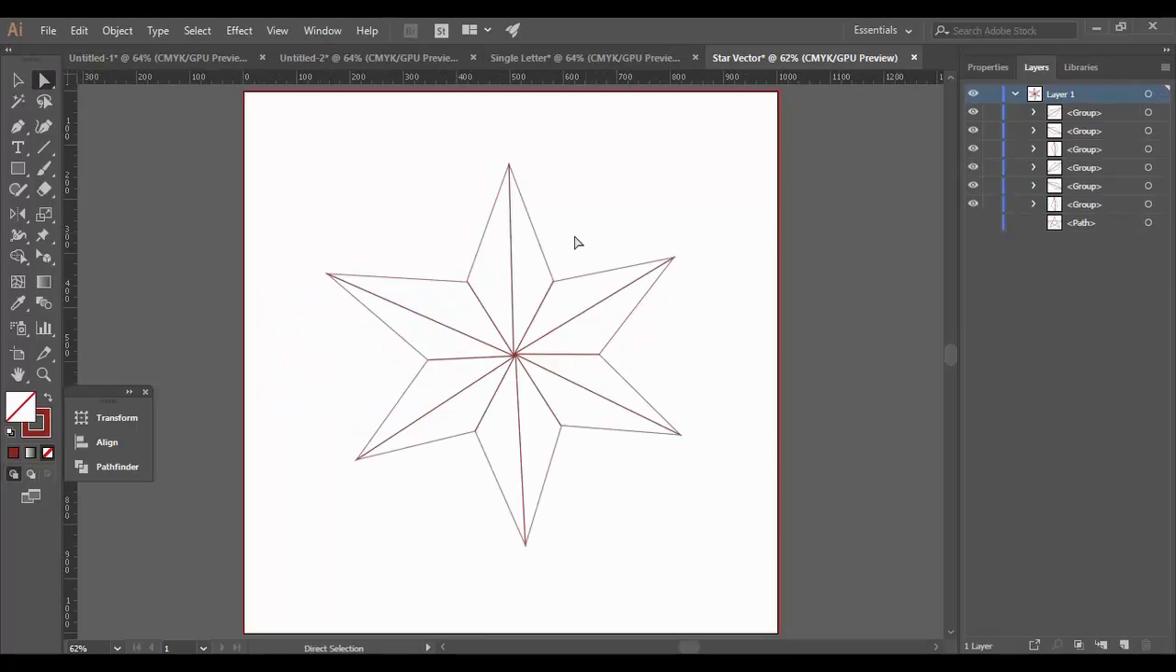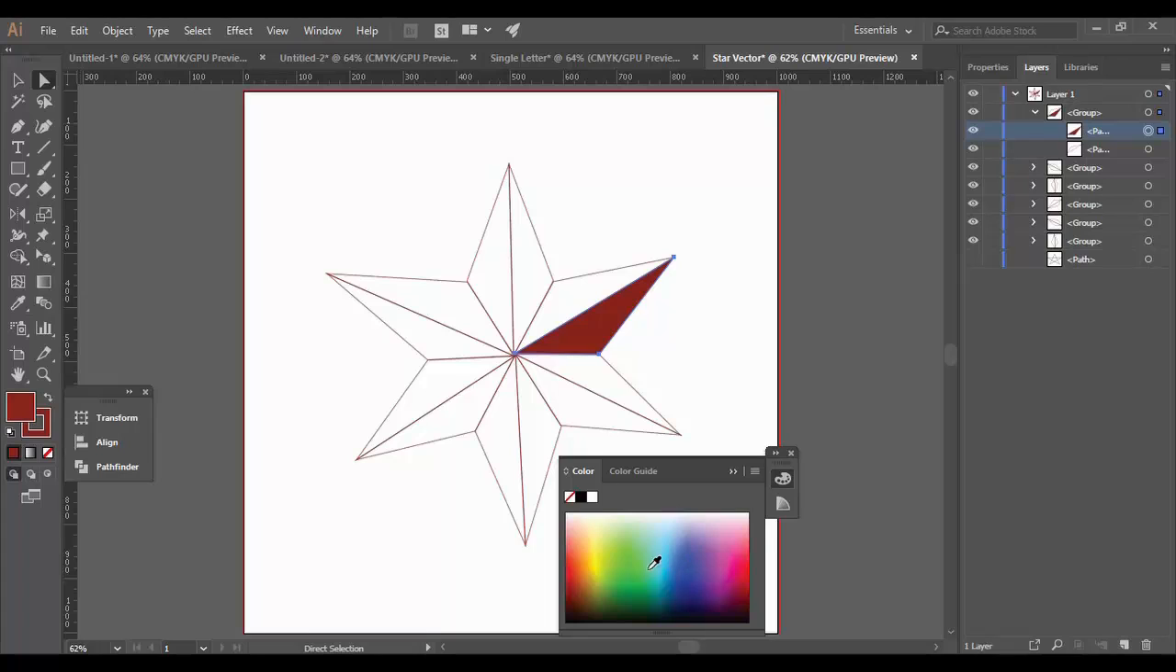Okay, so now this is the vector that we have got, and it is a matrix. So what we're going to do now is just select one of these shapes like here, just this shape is what we need to select and not its whole group. So just select this shape, and instead of this blank fill, we are going to fill it with a color,